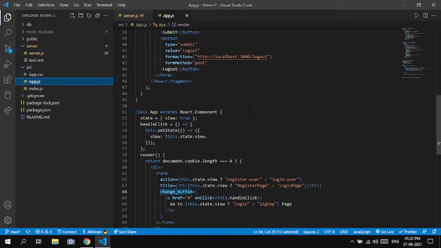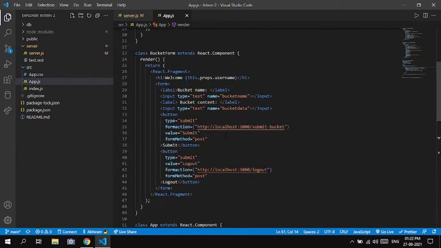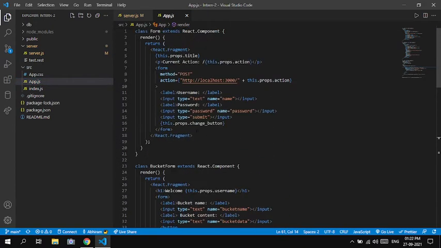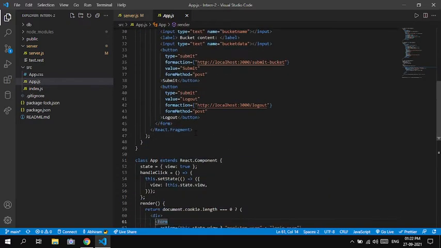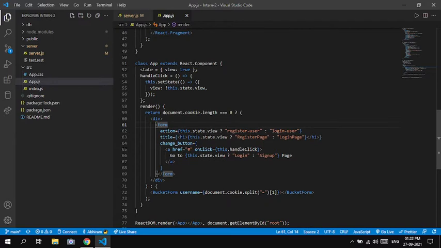when we go back to app.js, in the app component, before rendering, it checks whether there are any cookies or not.